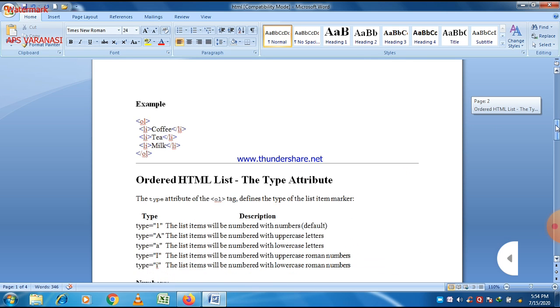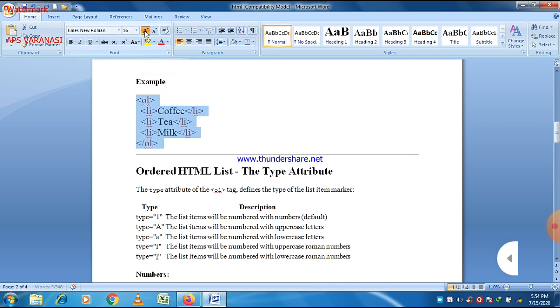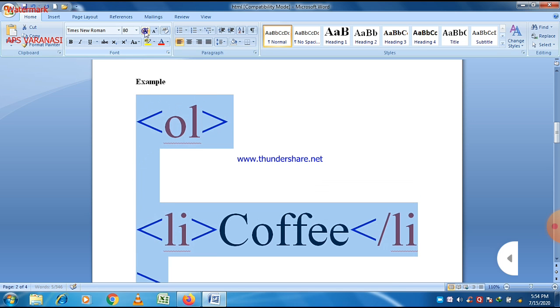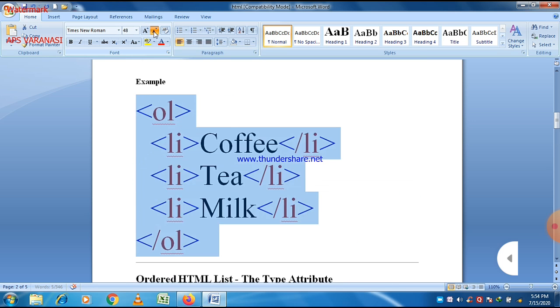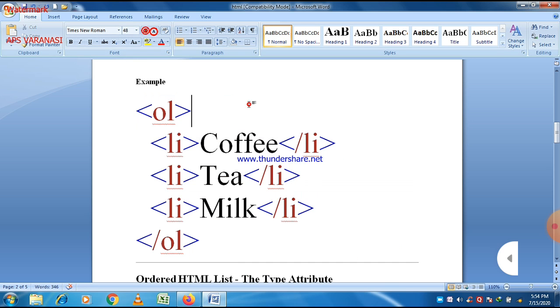And here you can see there is a small example for ordered list in HTML. Just write OL first of all, and within OL different data items. There are three different data items here: coffee, tea, milk. These are the different data items of a list.